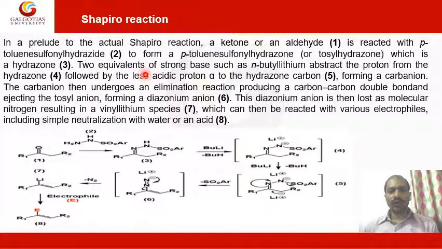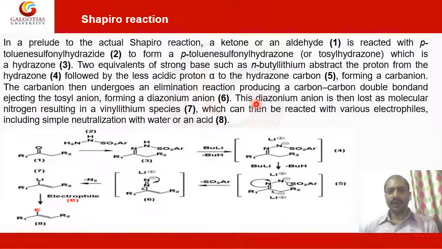Two equivalents of a strong base such as n-butyllithium abstract the proton from the hydrazone, followed by the less acidic proton alpha to the hydrazone carbon, forming a carbanion. The carbanion then undergoes an elimination reaction, producing a carbon-carbon double bond, ejecting the tosyl anion, forming a